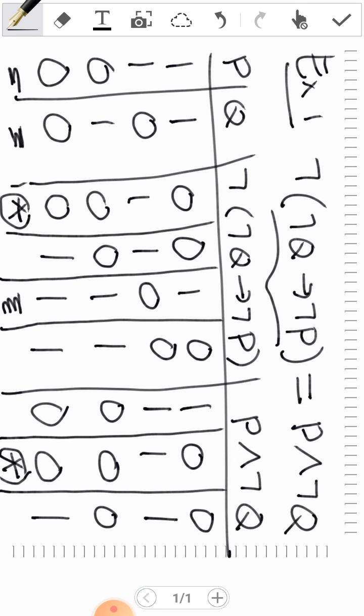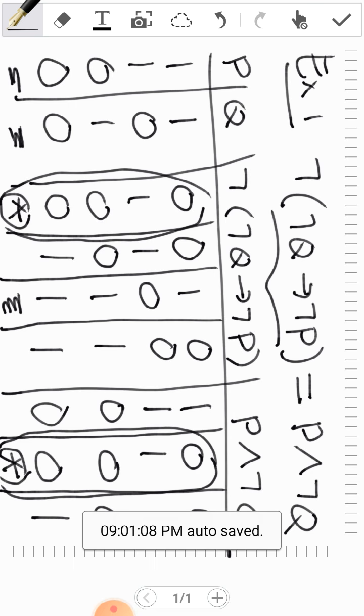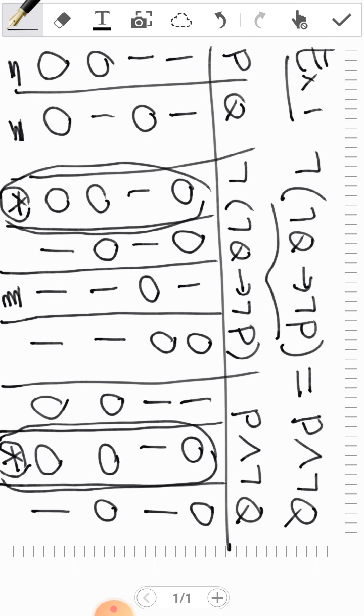So you will find here that the left side is indeed logically equivalent to the right side, which means we have proven using the truth table that the two propositions are exactly the same. So for today,